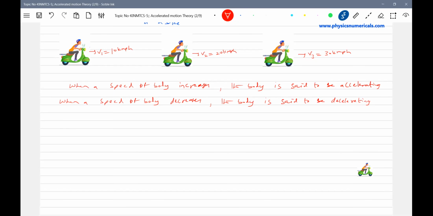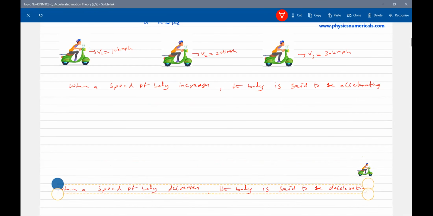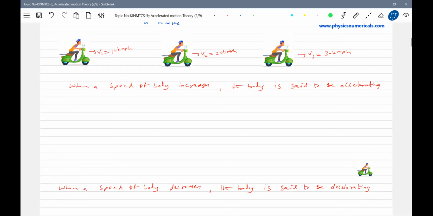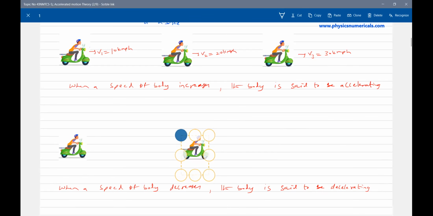Okay, what is the example for acceleration? The above example. Now for deceleration, how to decelerate? By decreasing the acceleration. So the same bike, let me take it here. I just wanted to give an example so that students will understand. It's a very general thing which you can really experience in your day-to-day life.